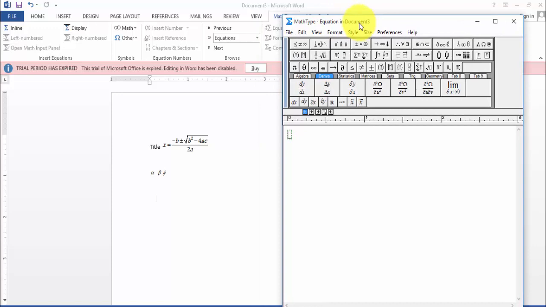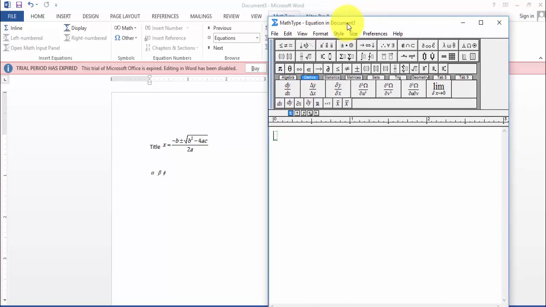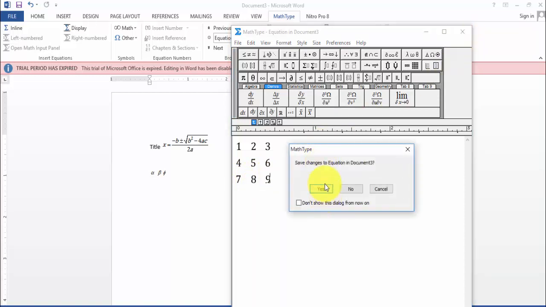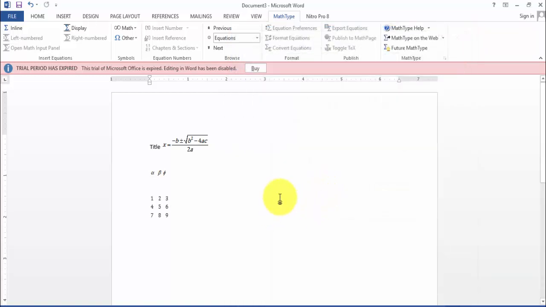For the matrix, here you have an option called matrix. Here you can fill in values for each and every cell: 3, 4, 5, 6, 7, 8, 9. That's it. Save.